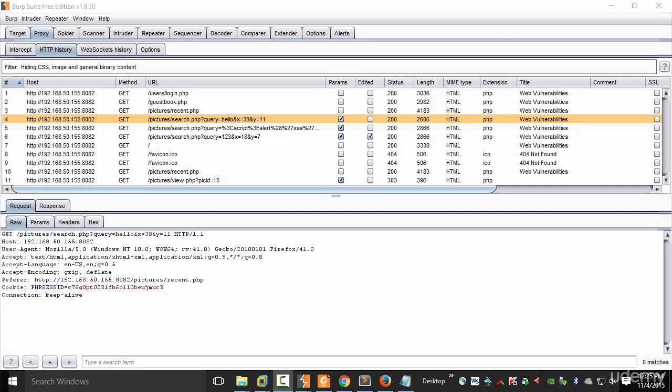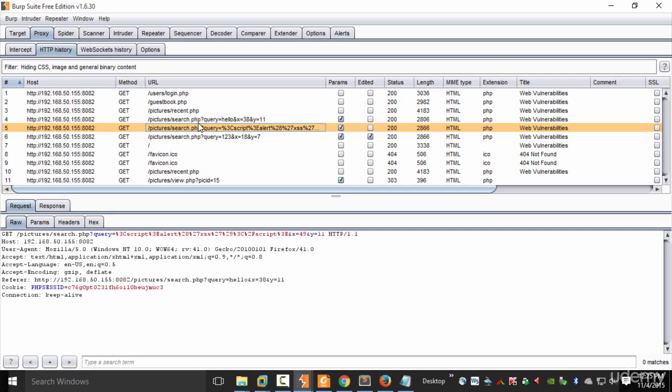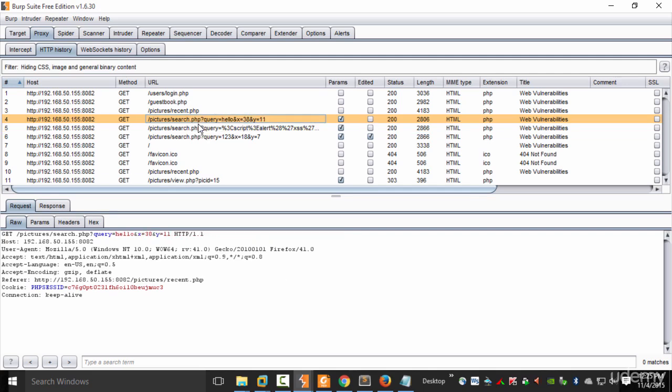Comparer within Burp Suite is a very simple utility to compare two different packets. In this case, it is used to compare two different HTTP requests or two different HTTP response packets. So let's click on two different packets which you want to compare, and then we can right click on the